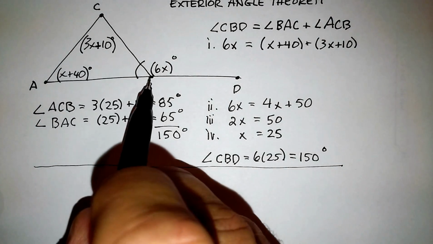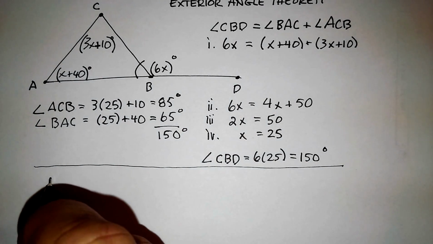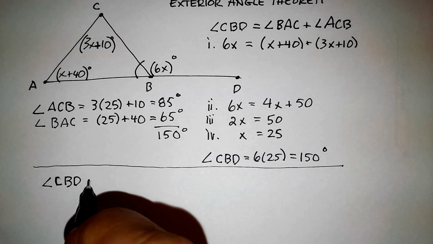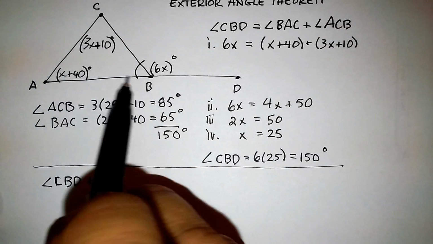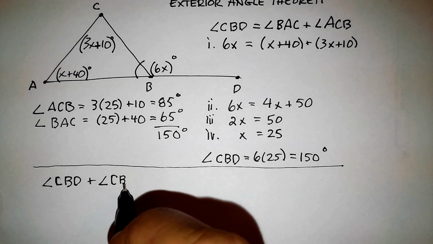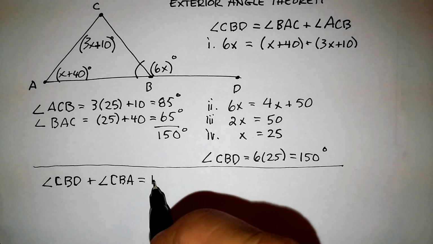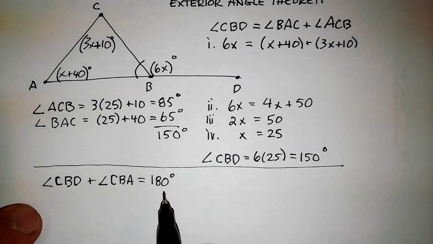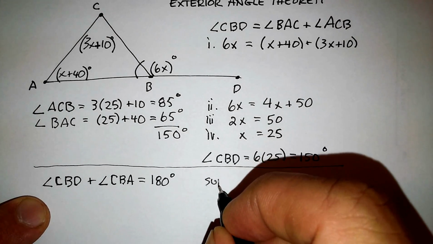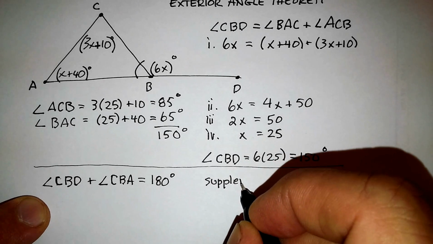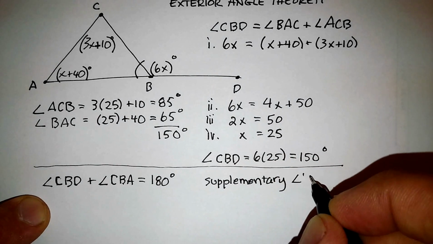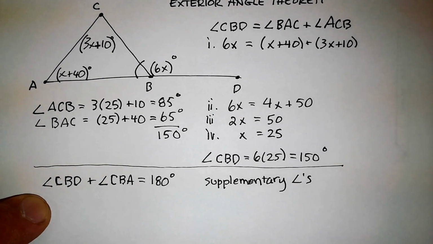So angle CBD plus angle CBA would equal 180 degrees. Those are supplementary angles, right? Because of the supplementary angle postulate. But we already know